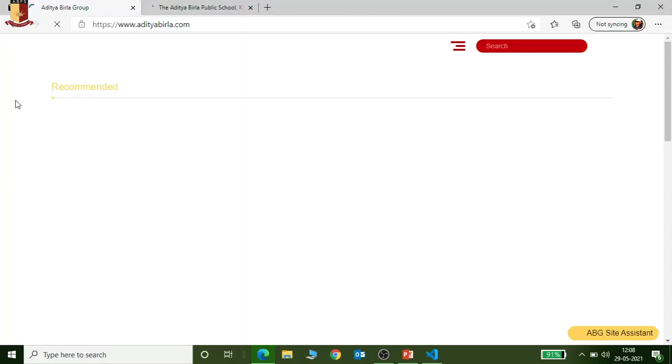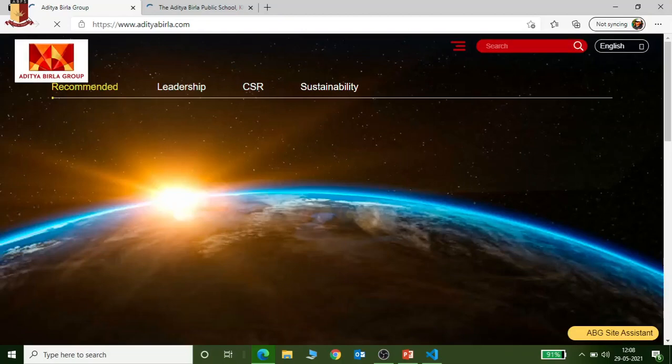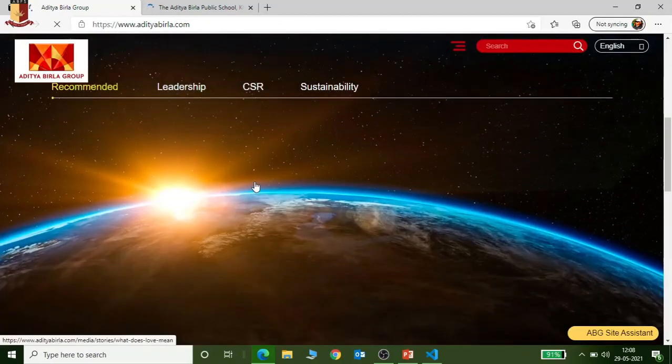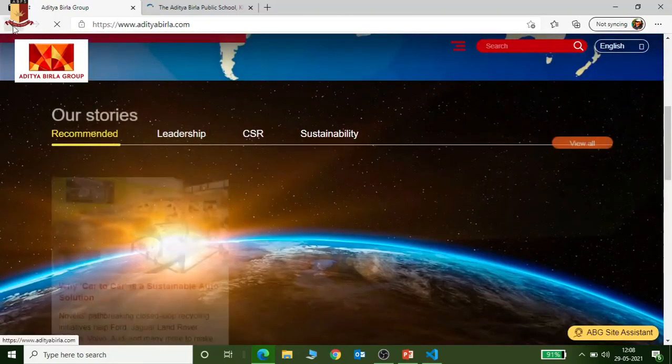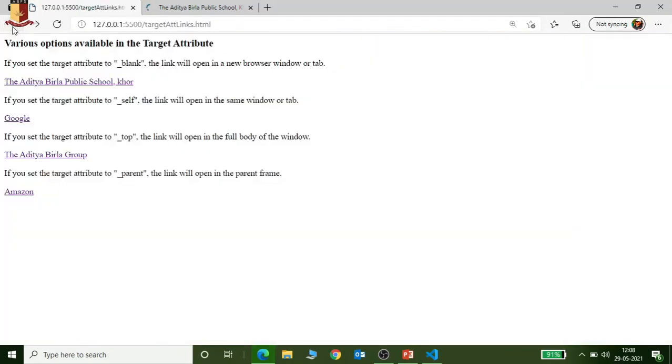This Aditya Birla Group website opens on the same tab, or we can say the same window. Got it? Okay, let's move back. So the last one, the parent frame, what was that?